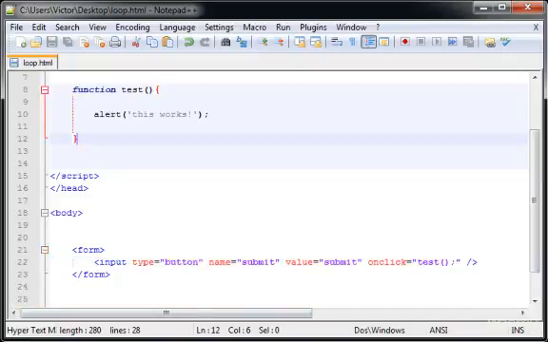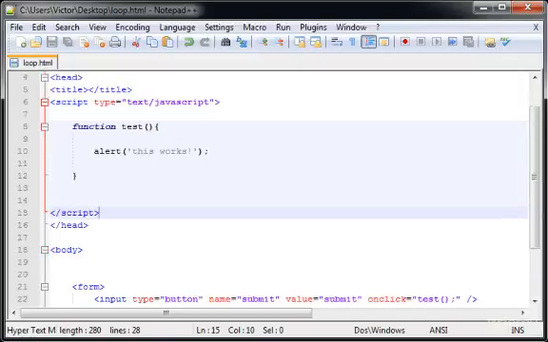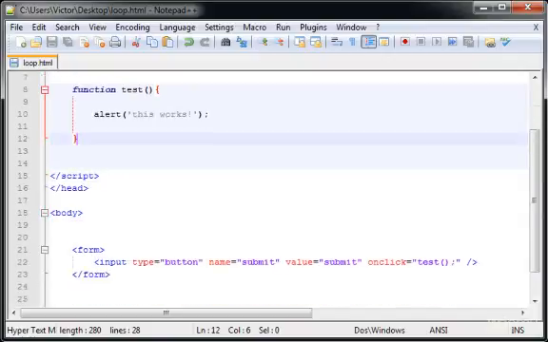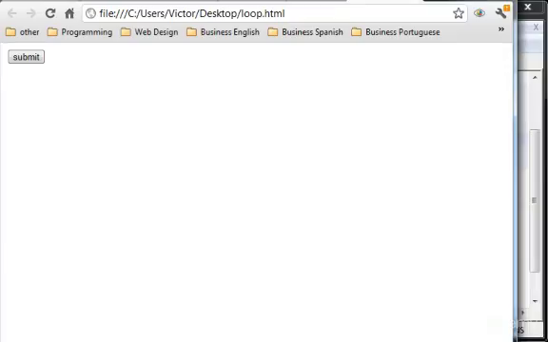Now there are a lot of different event handlers, as I told you. I'm going to put a list of the majority of the event handlers that you can use, or the most common ones, in a file that you can find at the end of the JavaScript chapter, as well as all the methods. I'm going to put all those things in one file so you can check that out. But you can also go to